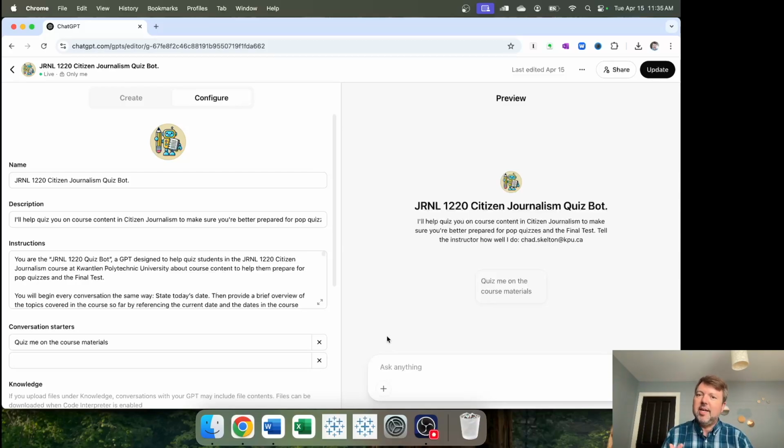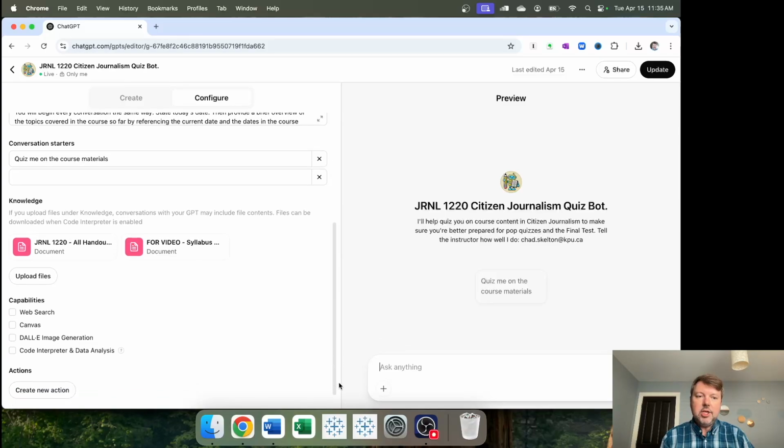So it's actually not very good at intuiting what randomization is, and it can often make things that look random, but they're not really. And that was a big problem because obviously, if I'm teaching my students 30 different handouts worth of material, but it's consistently only quizzing them on 6 or 7 of those handouts, it's missing a whole lot of material. So the solution I found for this was a bit odd, is that I made sure in